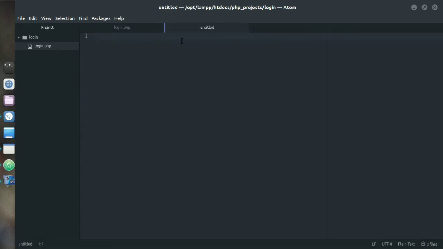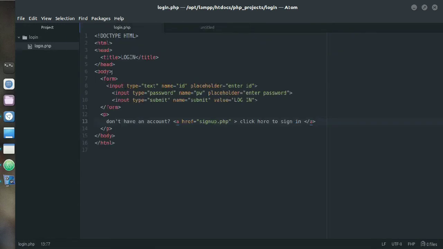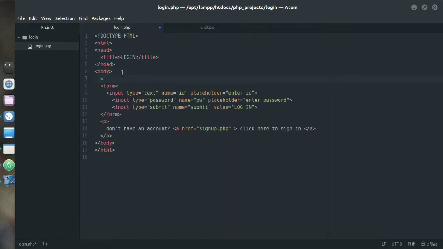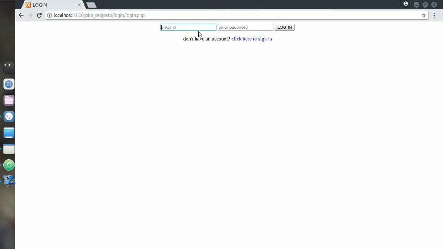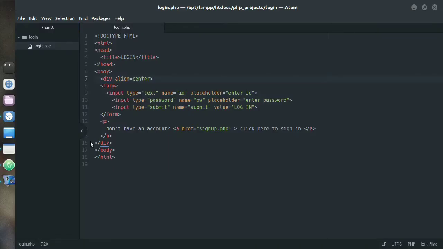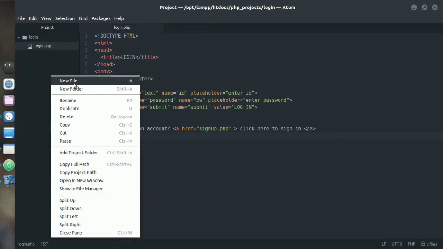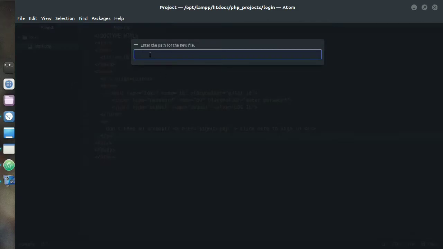I'm not focusing on the CSS design. Okay, I need to center it to make it look better. So declare a div tag here and close the div tag and align it to center. Okay, so login page creation is complete,